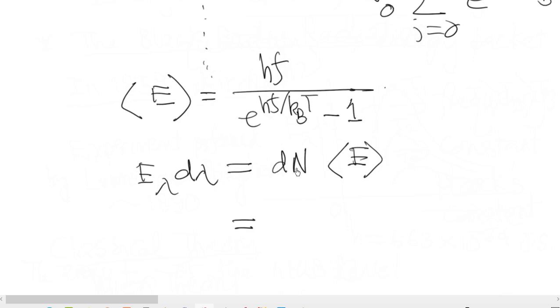But we know the value of dn is 8 pi by lambda to the power 4 d lambda, and this one is